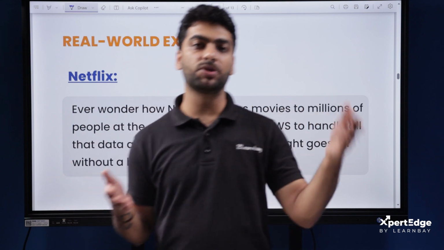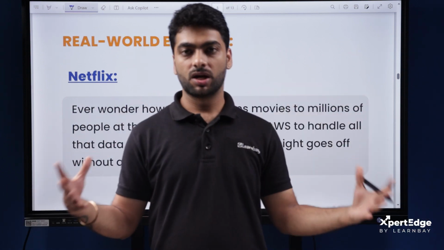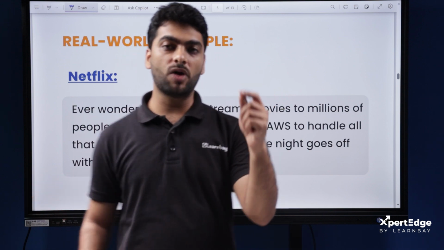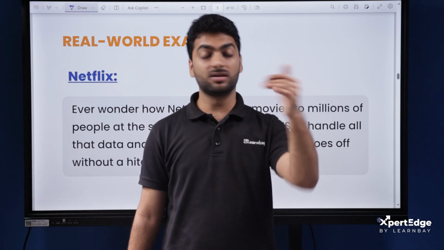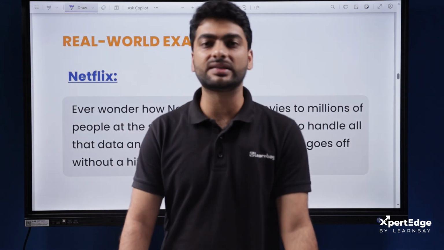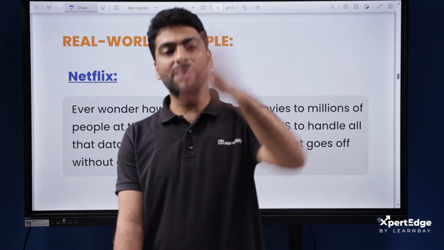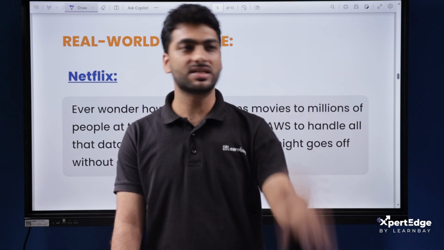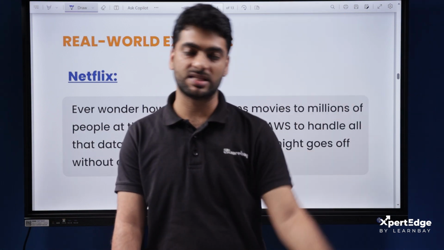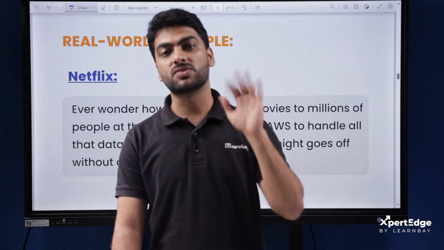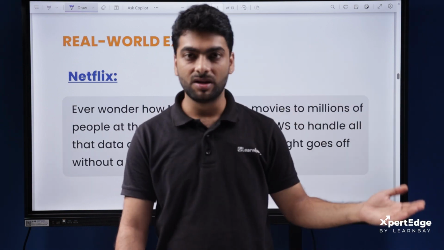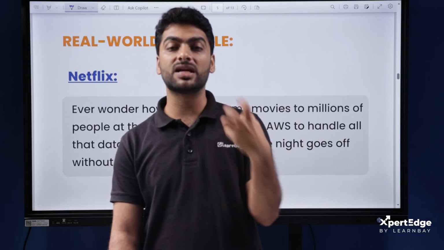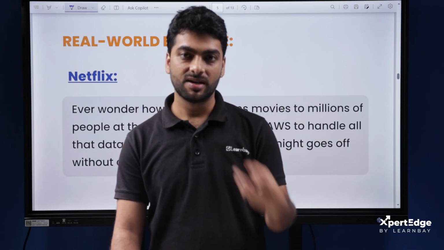How is Netflix able to cater to such a huge consumer base without any glitches? So many times, I still remember, when the 10th and 12th standard results are out, many times the education council website crashes, whether it is ICSE or state board or CBSE board or IGCSE, whatever board. The website crashes. Why? Because so many students are checking their results at the same time, and it is not able to handle such a huge consumer base, right?